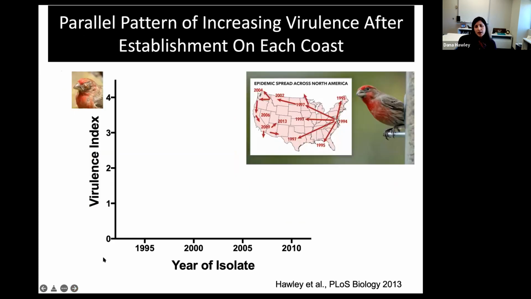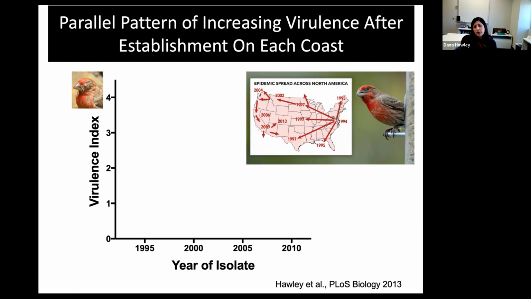So we've done a lot of studies, and just as background, I want to show you some early work where we were just documenting changes in virulence over time as this pathogen emerged. To do this, we always use hosts of the same genetic background, caught from the same population, and that had no prior exposure to MG. Because here we're really trying to isolate the pathogen component of virulence in particular.